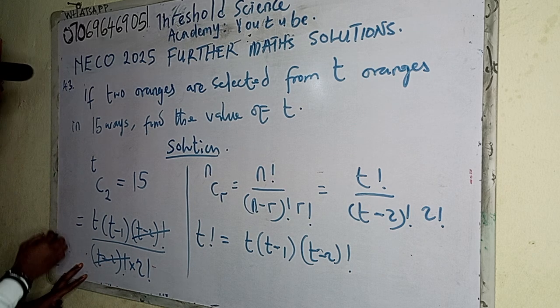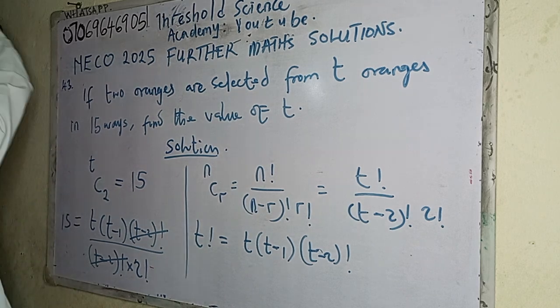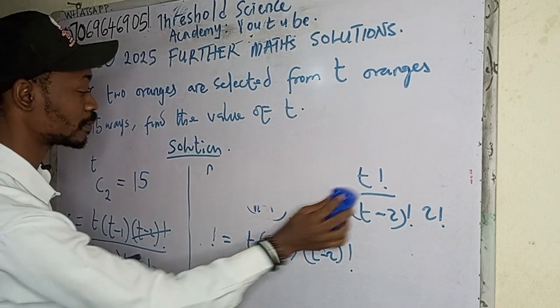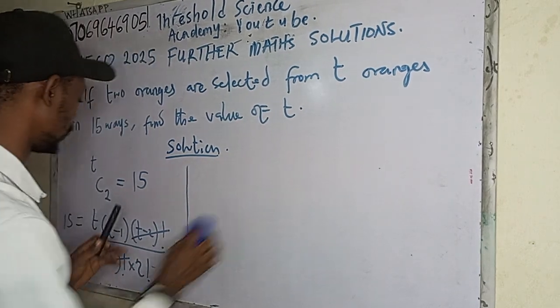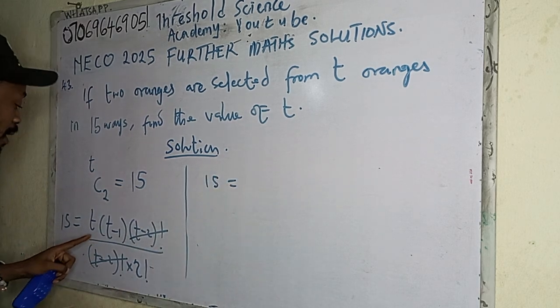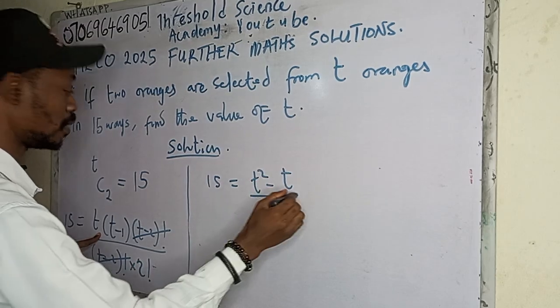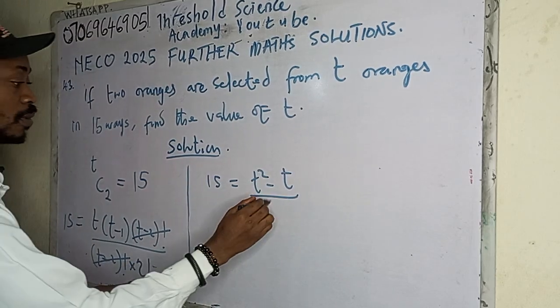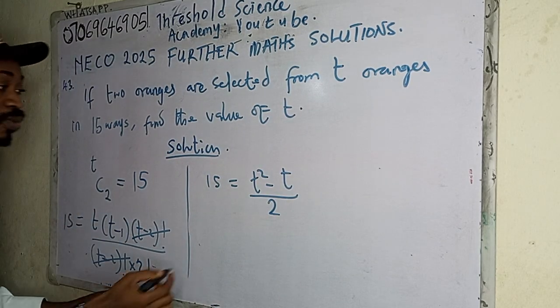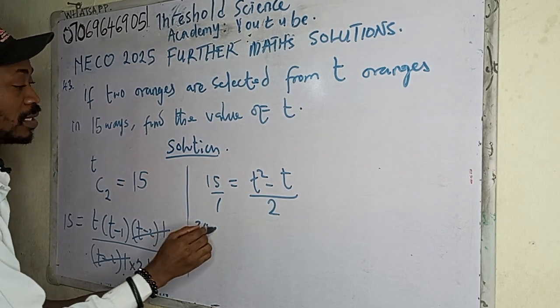Then we are left with, 15 equals, let's open the bracket, T squared minus T all over 2, because 2 factorial is actually 2, meaning 2 times 1. So if we cross multiply, we're going to have 30 equals